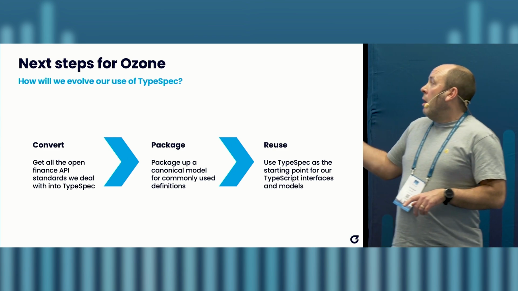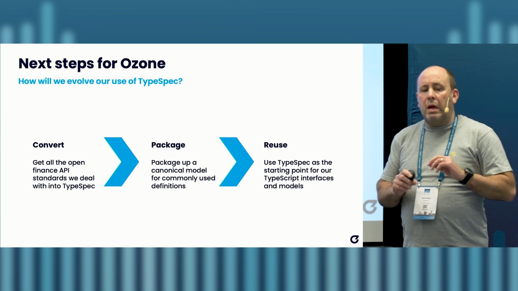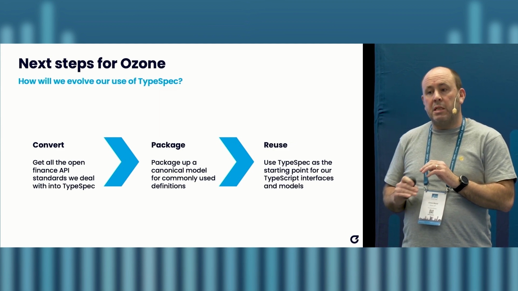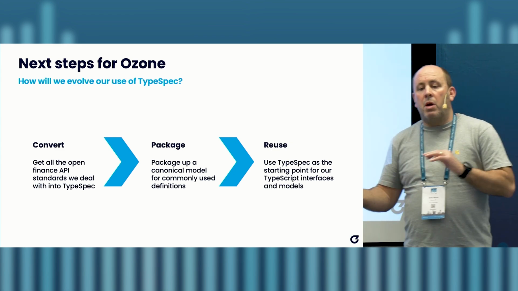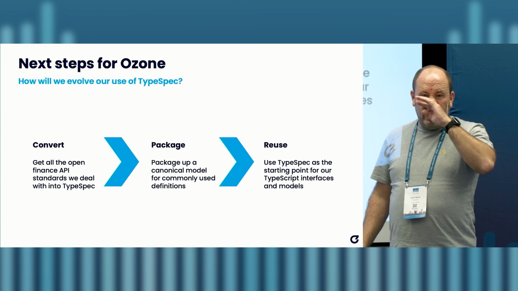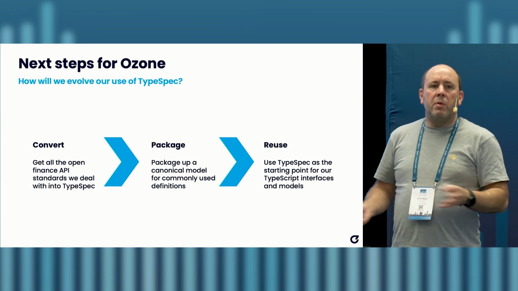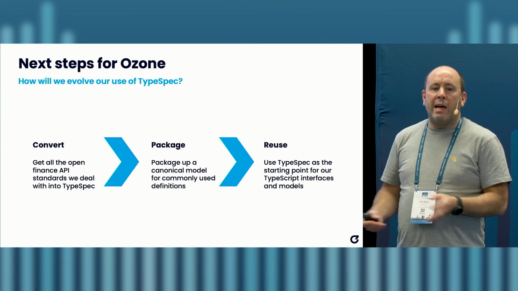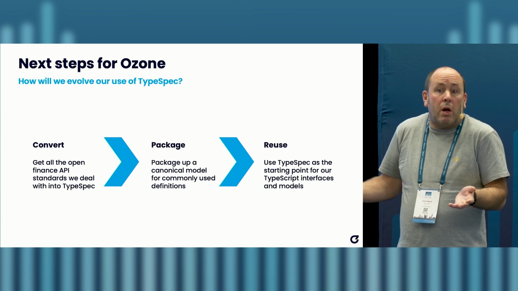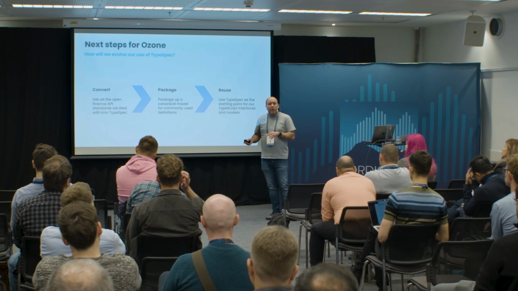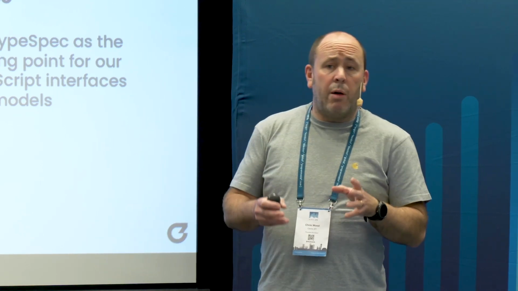We're going to package up as much as we can into a canonical model so that we've got a good representation of where there's commonalities between different ecosystems, because at the moment every market does their own thing. We're not necessarily the standards authors, but these objects are the same. If you remove the description and stick them through an object hash, you'd probably find out that they're exactly the same. So we're going to look to build a more canonical model that simplifies how we create new standards,